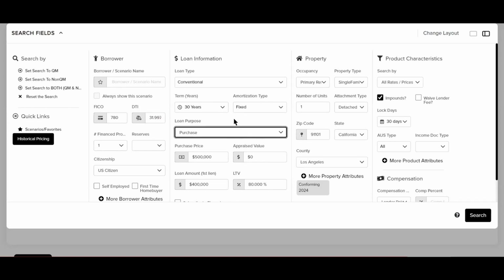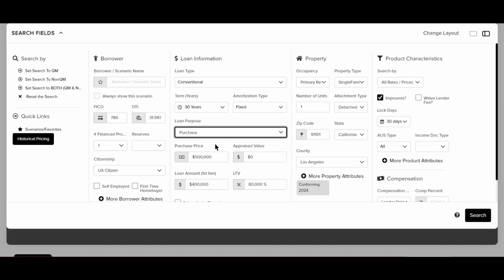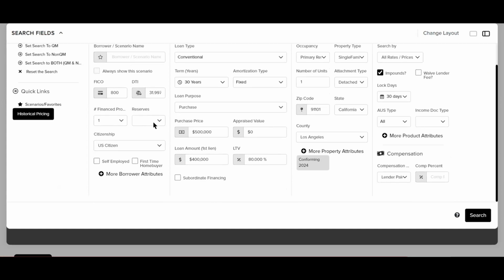Let's go to jumbo and stuff like that, because this is a good thing to talk about. Again, I'm going to reset the filters just in case I changed anything. Let's go with an 800 FICO score. The borrower has a ton of reserves. I'm going to put 24 months of reserves just to make sure that potentially some things will come in that need to come in. So 32%